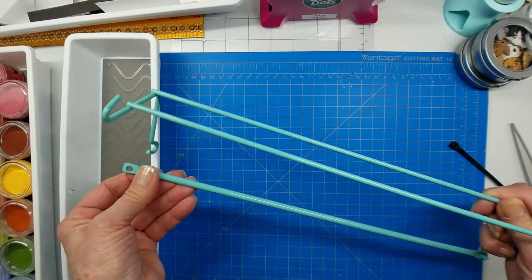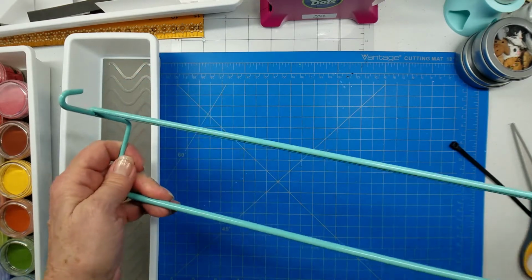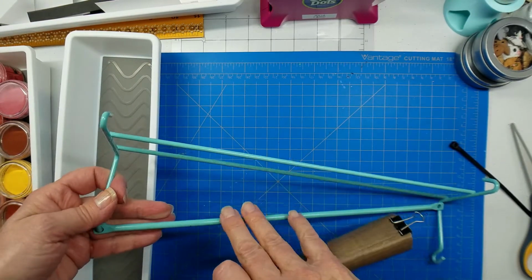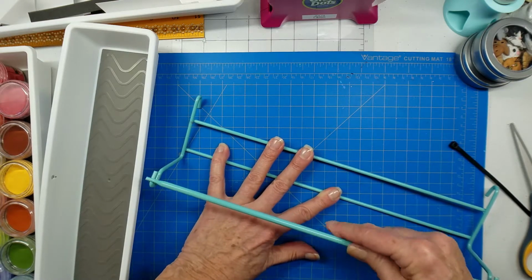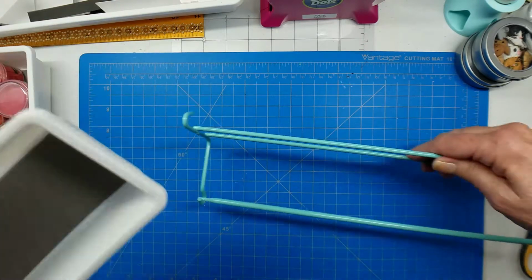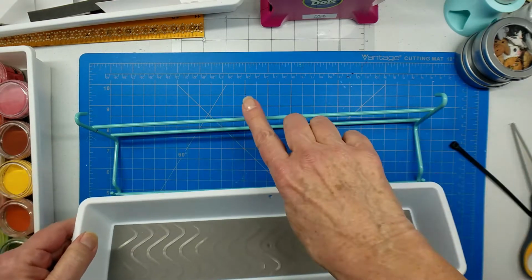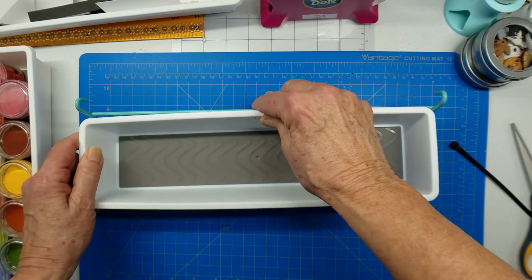It has a little removable thing where you can put paper towels and you can put your rolls of stuff on there. I don't ever use that. I decided I would adjust it to be a little bit more usable for me. And the only way I could figure out to do that is to bag tie or cable tie this little thing to this back bar back here with one of those